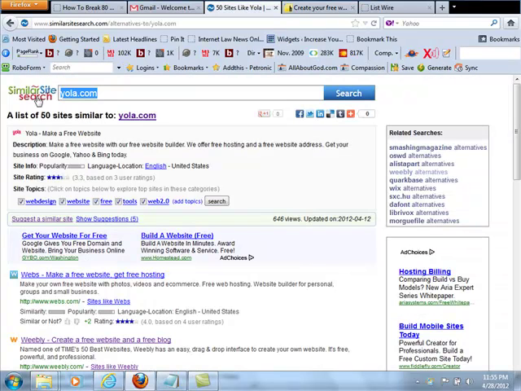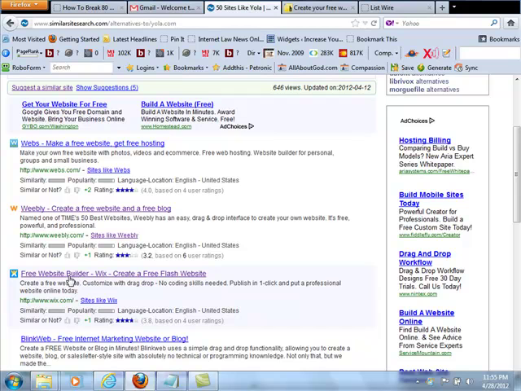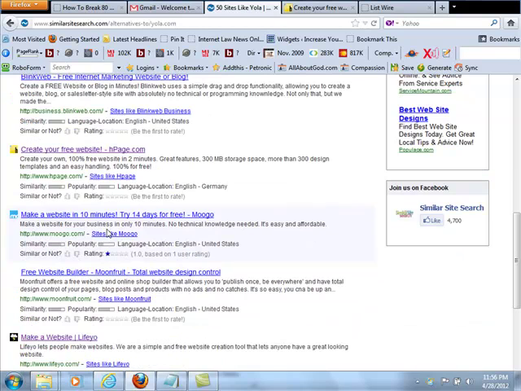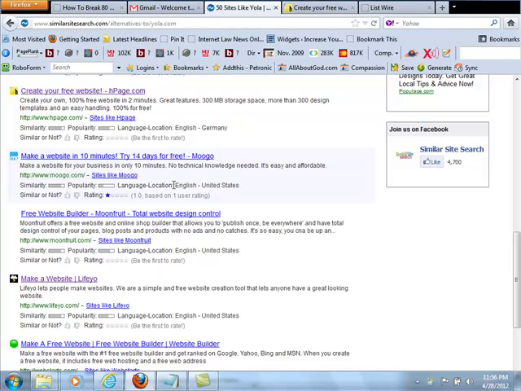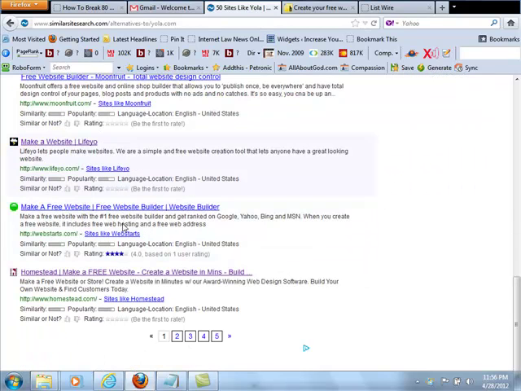And another site I wanted to point out to you is called Similar Site Search. And so you just go to similarsitesearch.com. And what you're going to do inside Similar Site Search is do a search for the phrase YOLA, or you could do Weebly.com. Like I did at similar site search, I pulled up the phrase YOLA, YOLA.com, and that pulled up a variety of different sites. You've got Wix, WIX.com, Webs.com, HPage.com, Mugo.com, which only has a 14-day trial, so you want to watch out for that. Moonfruit, they're another free website builder, but these are all free website builders,